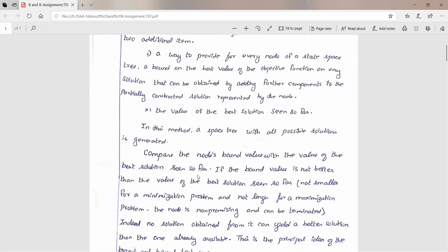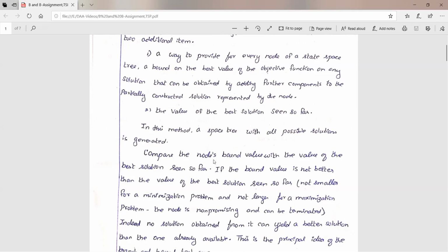In the beginning itself, we have to find the bound values, and the bound values depend upon the optimization function. If the problem is a maximization problem, then we take the upper bound value. If the problem is a minimization problem, then we go with the lower bound value.